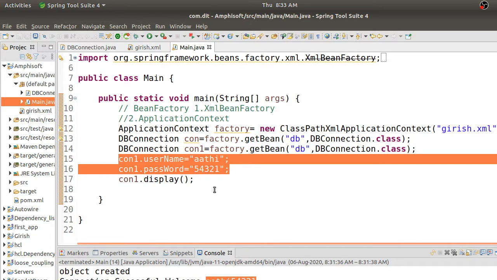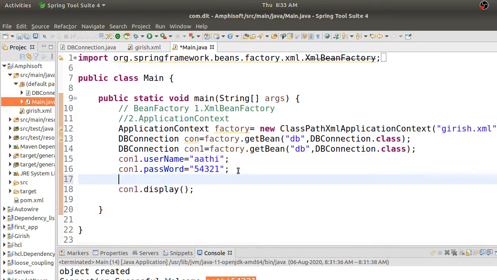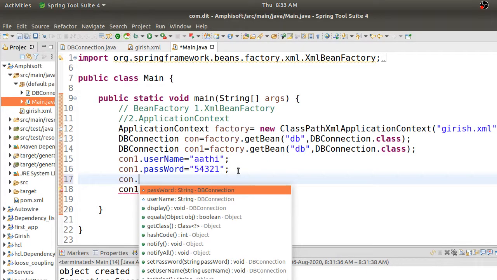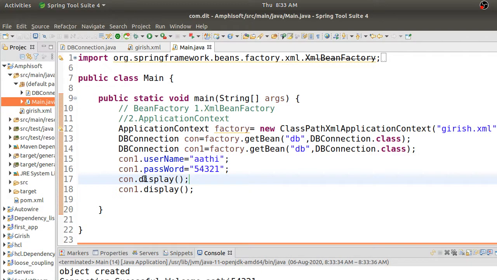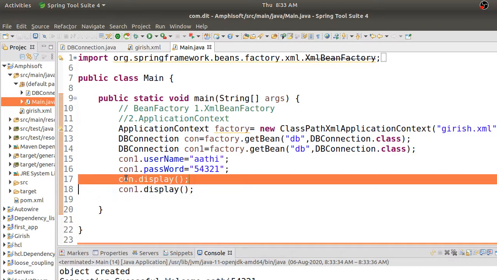Before calling connection one, I will also call con.display. Now if you run this, there are two things I am calling: con.display and connection1.display.